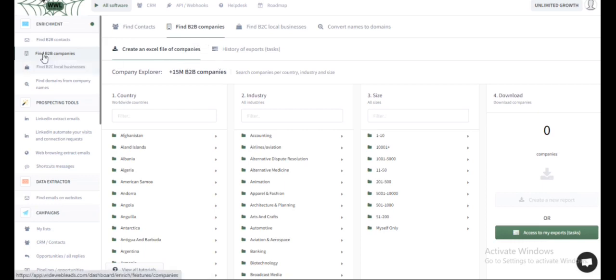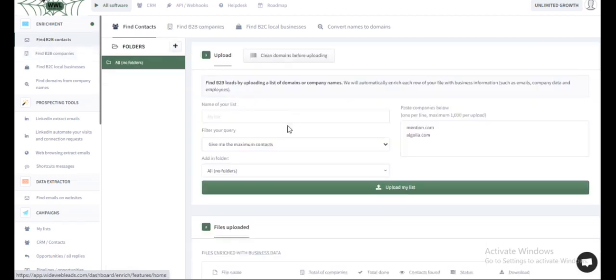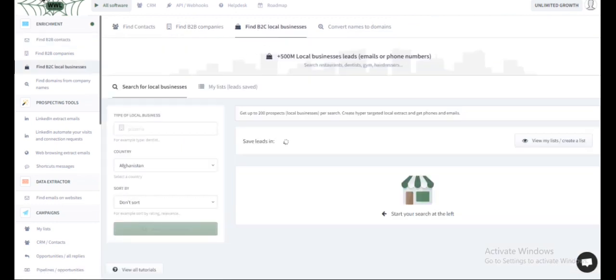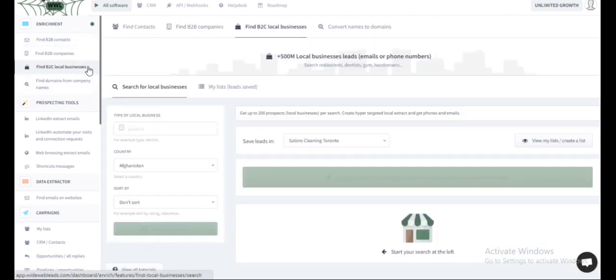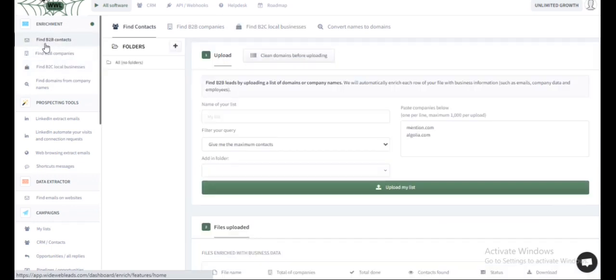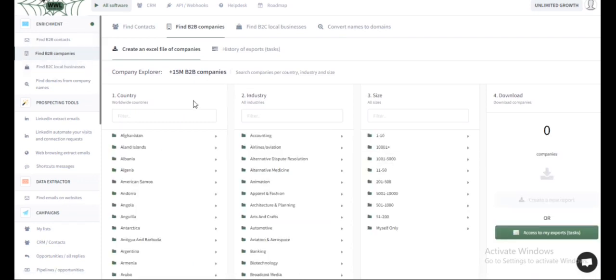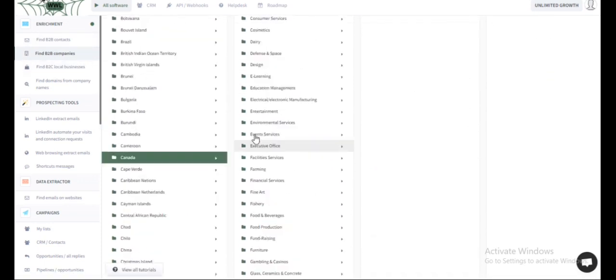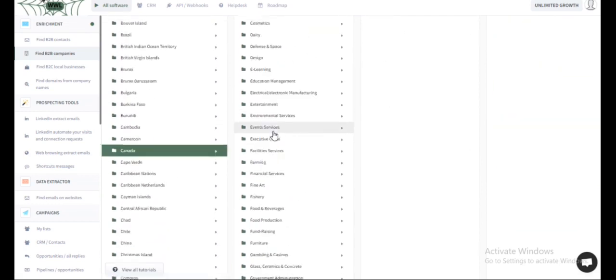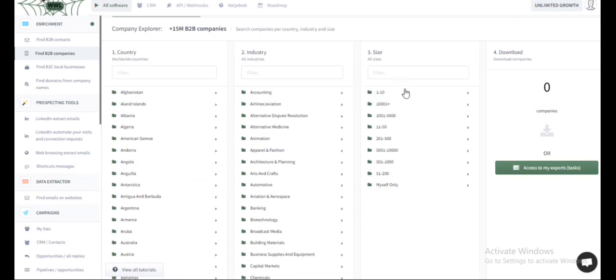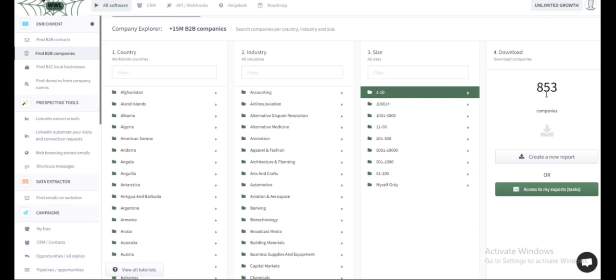So what you do is you go to B2B companies. Now you can go to B2C local businesses for a design business by going here. That's where we'd go. B2B contacts, we will be using this to find exact contact information for each design business. But first we have to find the design businesses, right? So we'll go to Canada. That's where I'll be working, and we'll go to design here, 1 to 10, and we'll have some businesses pop up,